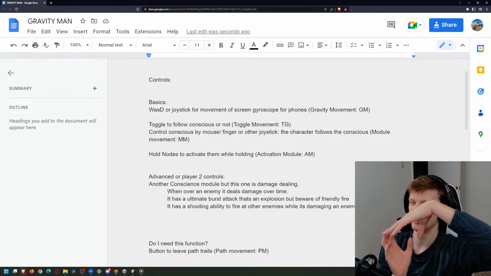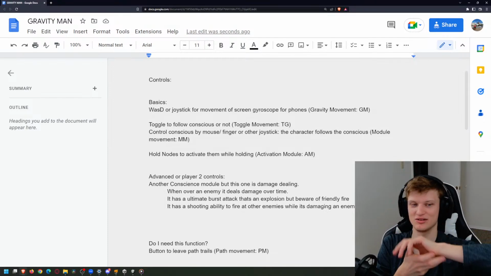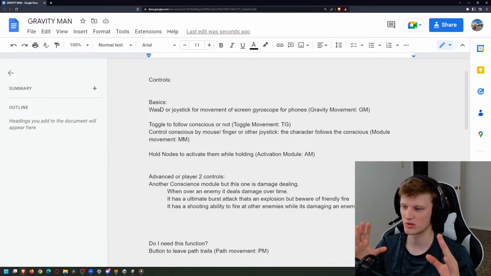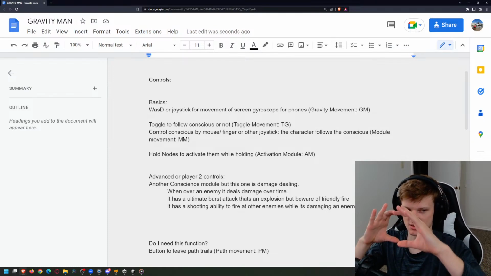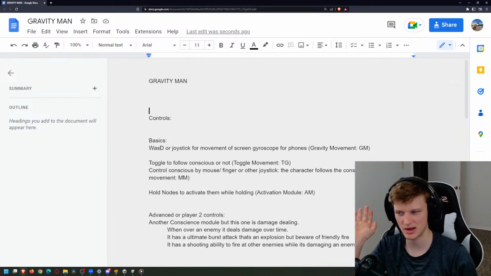So I don't know, I think it'd be super fun. I just see people playing the game like, oh, how do you do this? I gotta solve a puzzle, and then you're doing something crazy with your phone. So that's kind of what I want to do for movement, this gravity falling movement. That's why the code name for this game is going to be Gravity Man. That's not the final name of the game, but that's kind of what I want